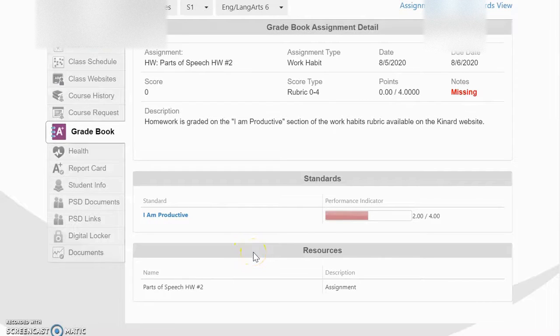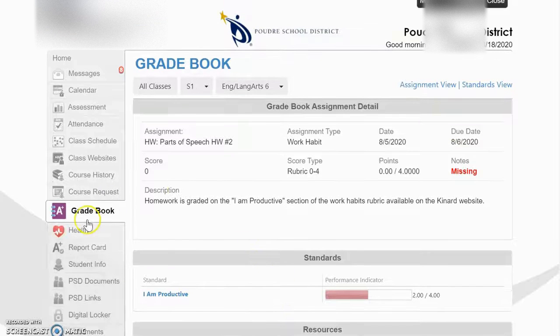Could be just that Mr. Graham made a mistake. That's been known to happen in the past, hopefully not too often, but you can investigate that as well. So that resources section is really important, particularly for anything that shows up as missing. So again, if we want to go back to the gradebook,